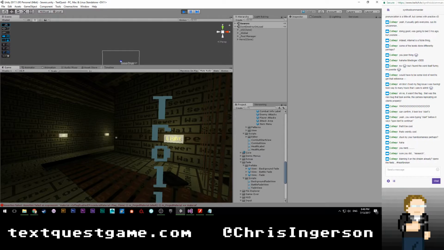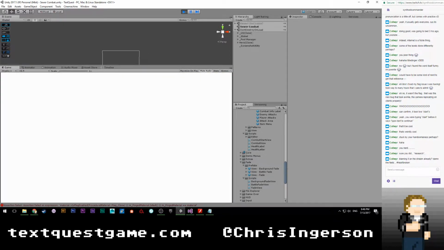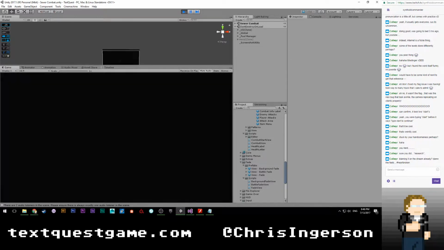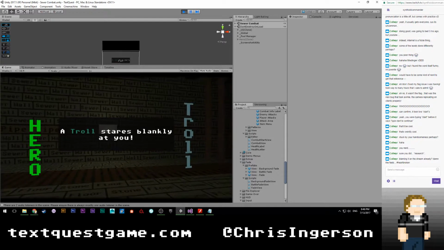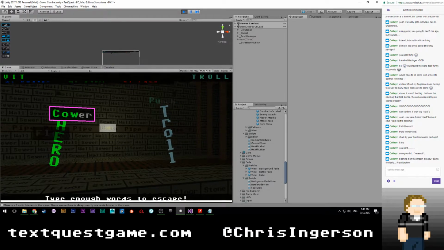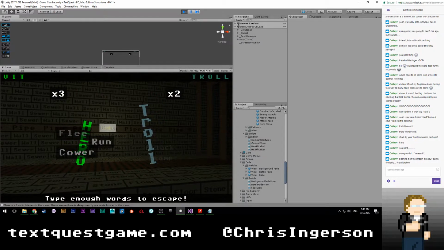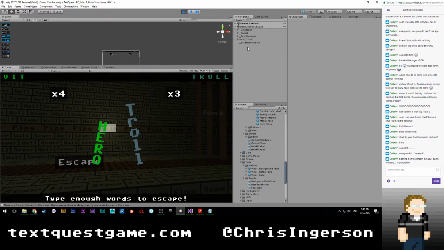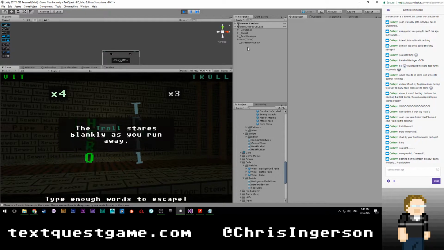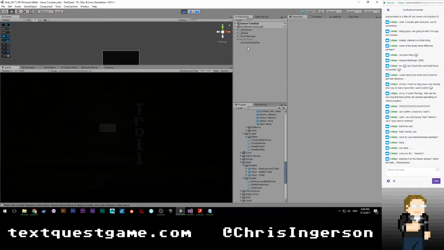In any case, let's go again and hit the troll. And we should see the fade in, and it should work just fine. Yeah, there it is. Oh, it's infuriating. Why does it happen in the editor but not in the builds? All right, cower, flee, escape. Oh wow, it is doing very well. Man, the troll was on a roll there. It almost never gets 3 for its combo.